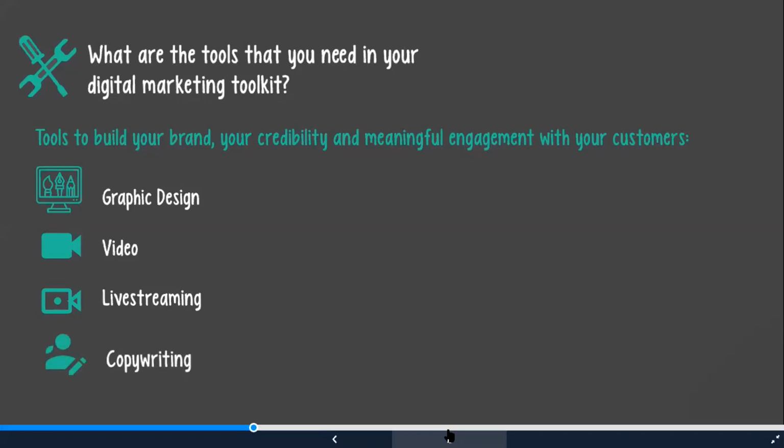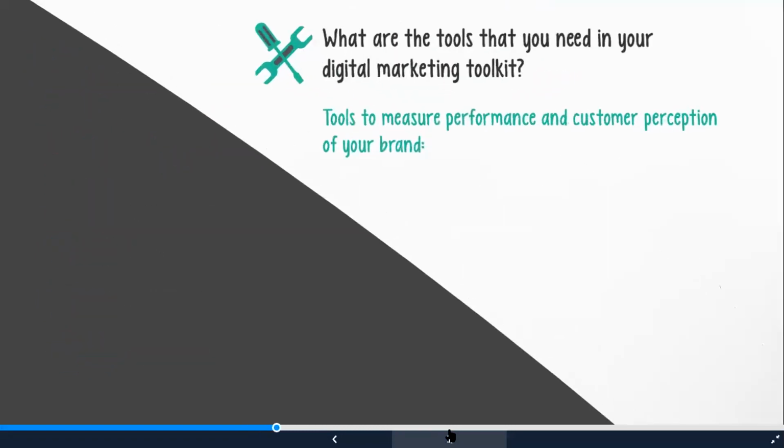Copywriting. Yes, you need beautiful pictures, you need beautiful videos, but you also need a person or a tool to generate great content for you. That content must have the correct tone of voice for your audience. It must be a good variety between educational content, motivating content, humorous and engaging content, entertaining content. It's very important to get that combination right when you are producing content to send visitors to your web destination on the World Wide Web.